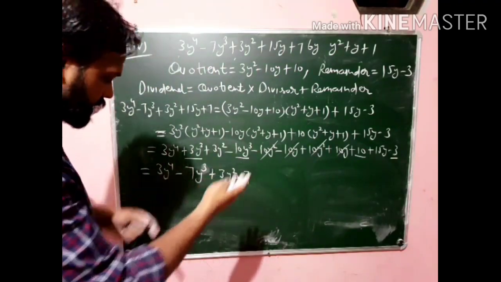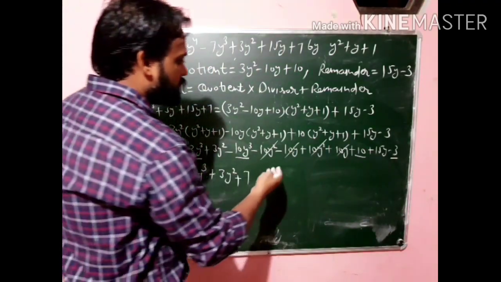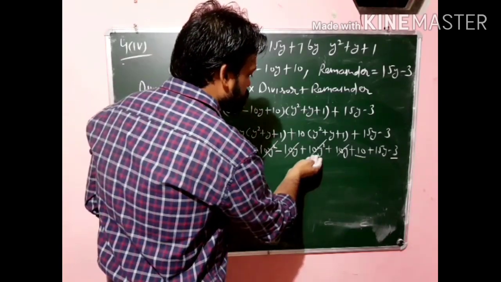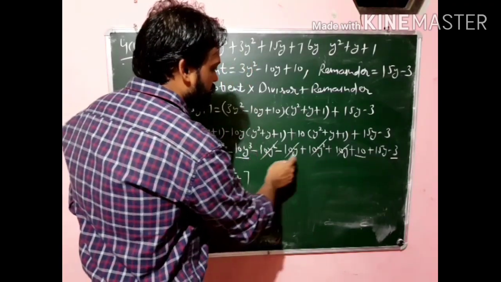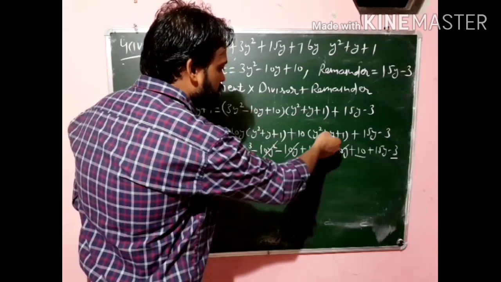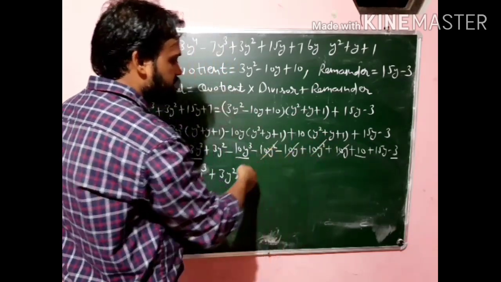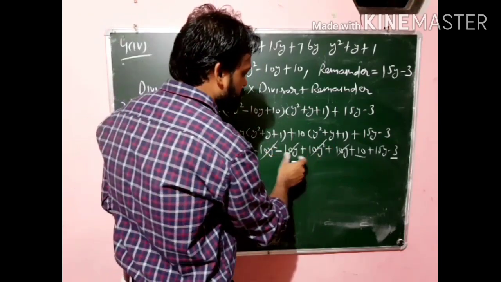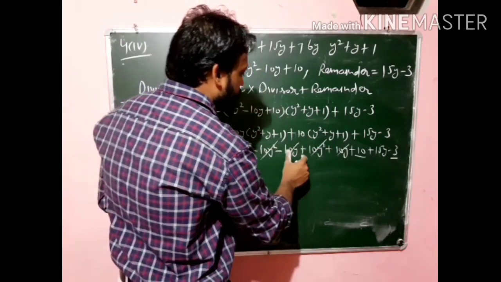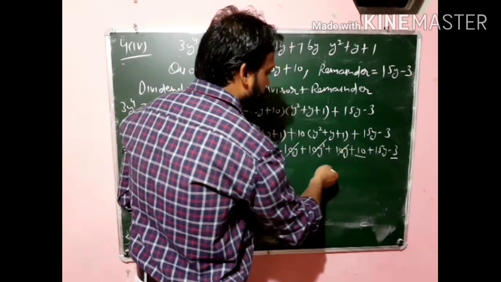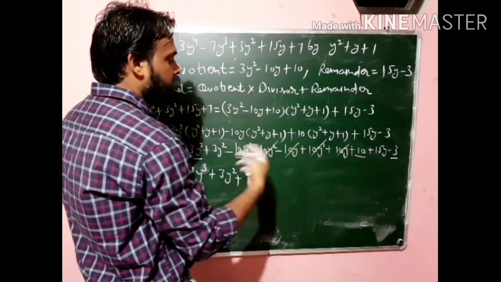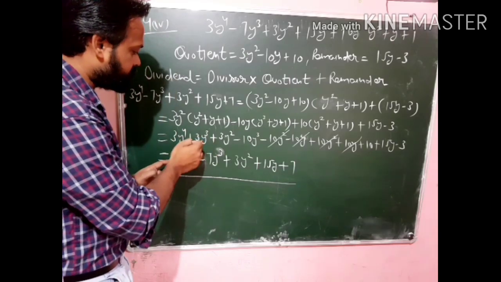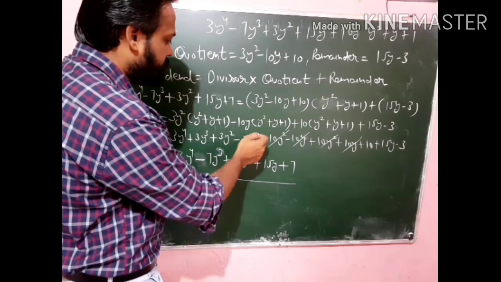Okay, now I have to cancel some terms. You can see in this case minus 10y square and this is also 10y square, but this is of negative sign and this is of positive sign. So both terms are same, so they cancel out. These terms cancel out with each other, and you can see this one also. This is minus 10y and this is plus 10y, and this plus 10y and minus 10y also cancel. So now 3y raised to power 4, and then you can see 3y raised to power 3 minus 10y raised to power 3 plus